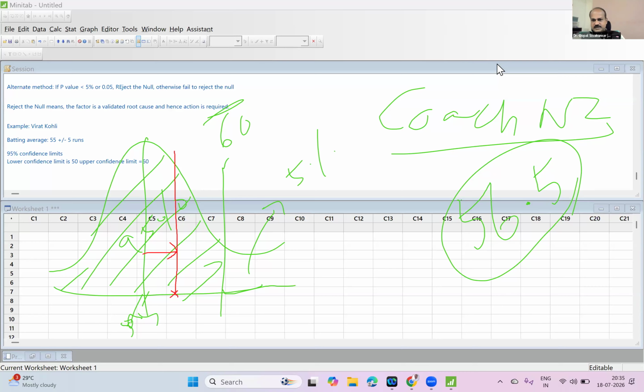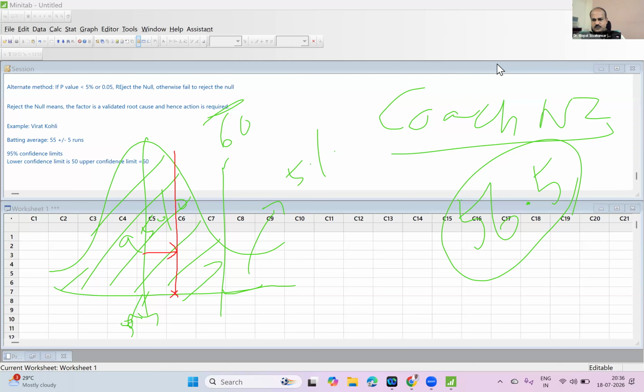Of course, in statistics, all your findings are in an interval only. If your finding is just a single unique value, then that field is called mathematics. Whereas in statistics, the answer is always in an interval, and the interval is known as the confidence interval. There is an upper limit, the upper confidence limit, and a lower limit, the lower confidence limit. The distance between the average and the upper limit is known as the margin of error. The margin of error will be there on the right as well as on the left.